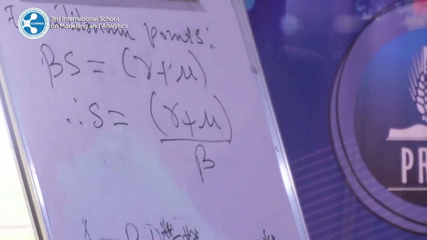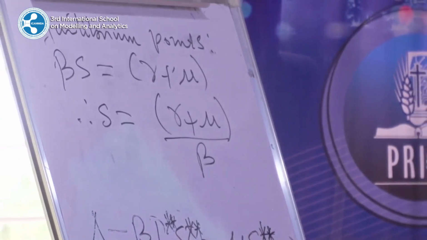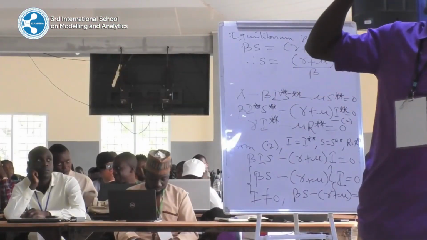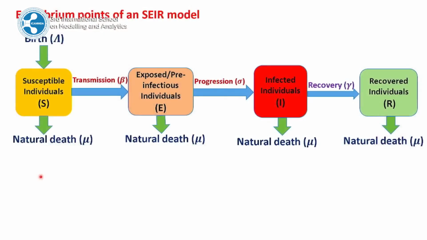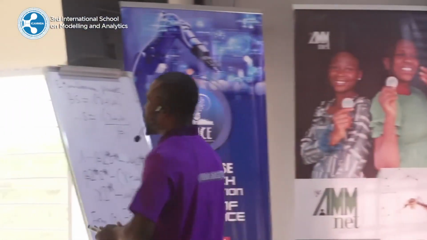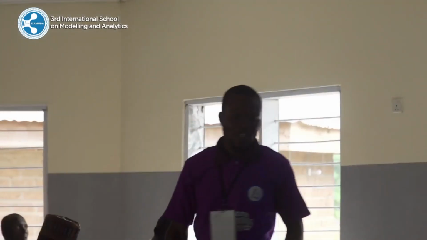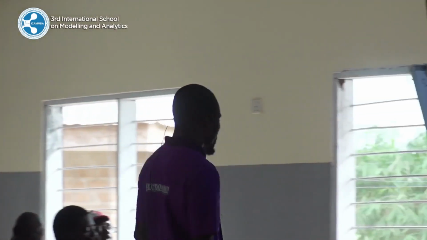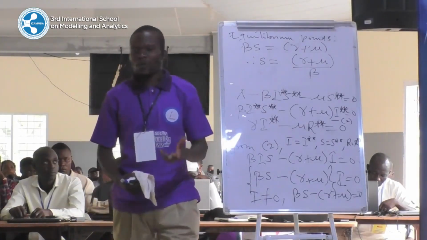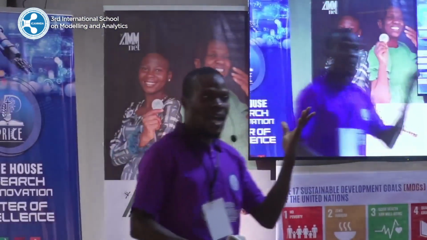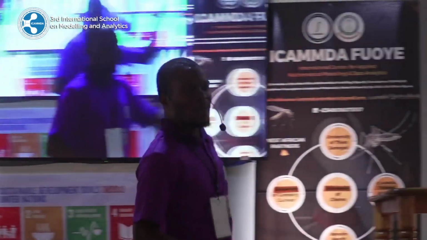If you look at this, if you have to simulate that model, what are the inputs that we need? We want to find the numerical simulation of the SIR model. What are the input values that we need? Beta and gamma? You want to solve a system of differential equations numerically. So what will be your input values? All the parameters? Is that all? What about the initial condition?